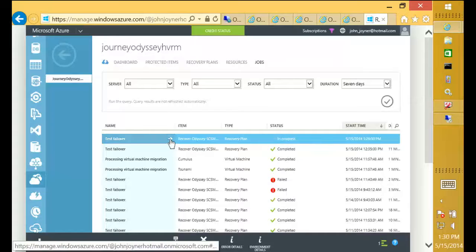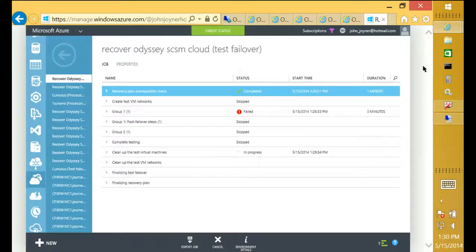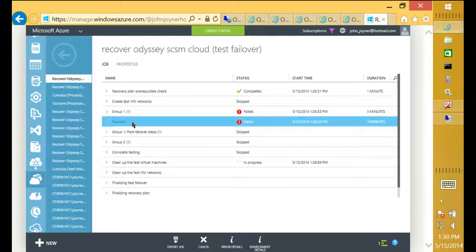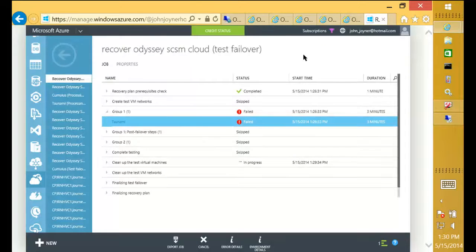Going to our Jobs tab, we can see that the job is in progress. And unfortunately, we've had a failure. I'm very sorry. It happens in live demonstrations. I have good diagnostic error information so that I could figure out what went wrong. Sorry, folks. It's the danger of live demonstrations. But